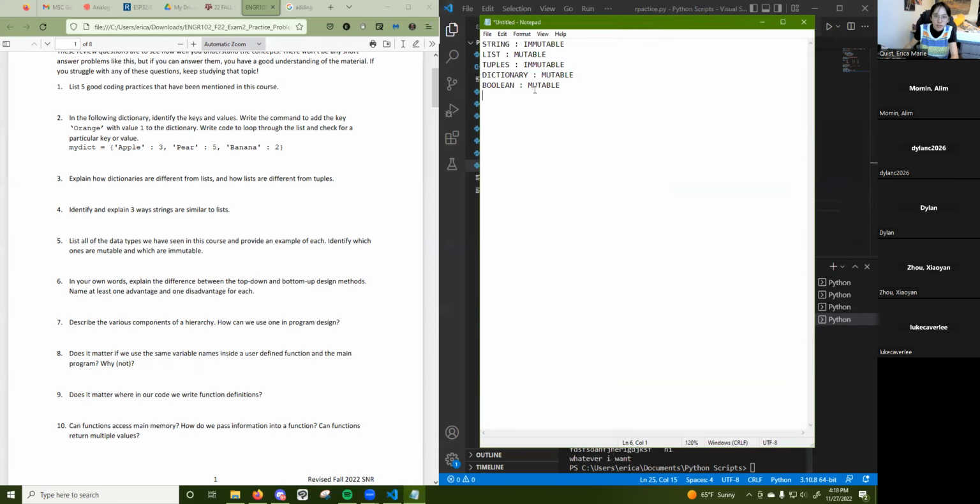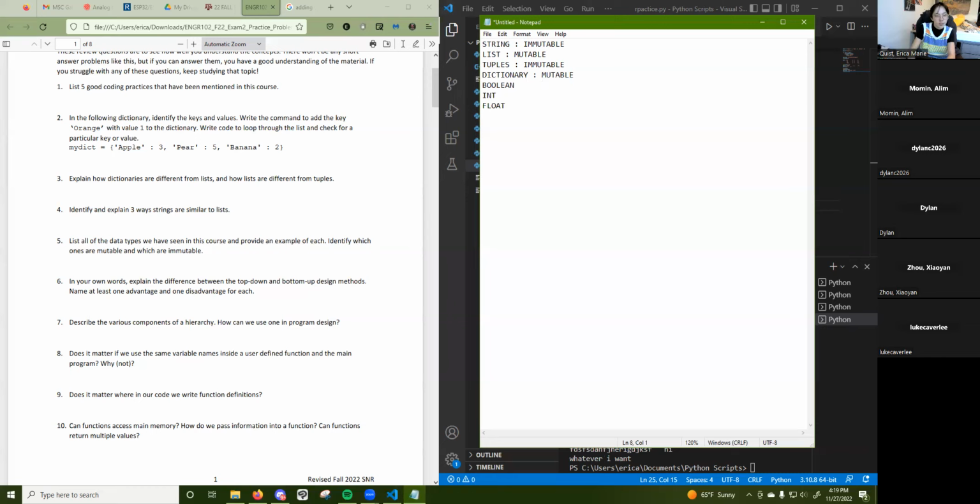Booleans being mutable or immutable doesn't really make a difference. It only matters for things that have little items within the big item, like tuples, dictionaries, and lists. That's important for mutable versus immutable. Integers, we're not even going to bother with the immutable stuff because I'm pretty sure it doesn't apply to this sort of thing. We got floats, and we got